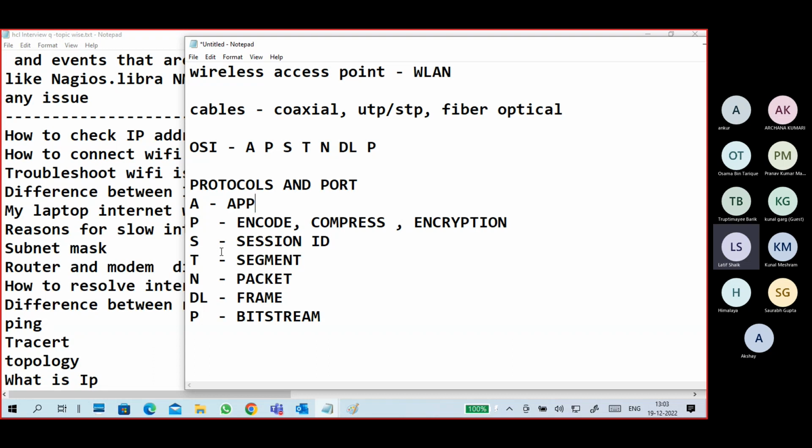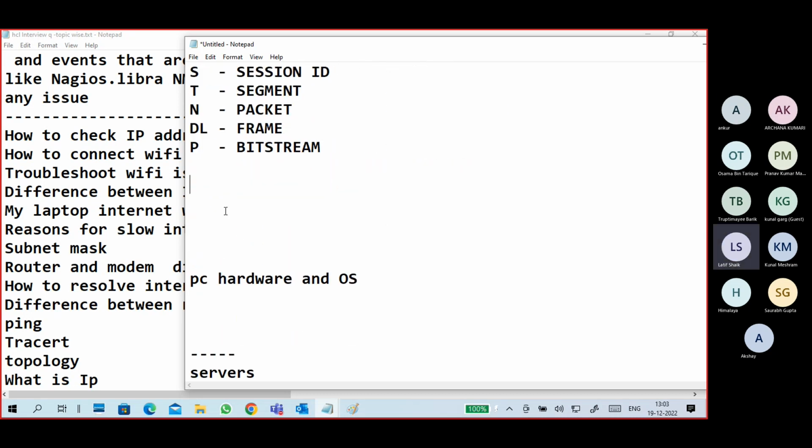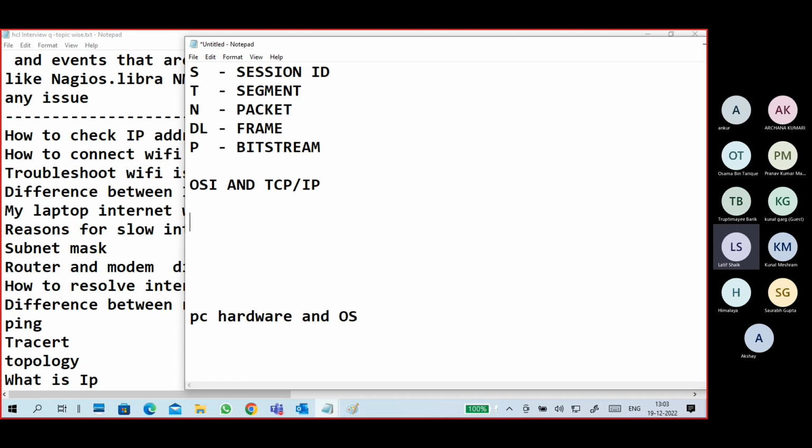So it will take care of the application and protocols, what application and what protocol we are using. That is a simple way to explain the OSI layers. Also check the OSI and TCP/IP comparison once again.